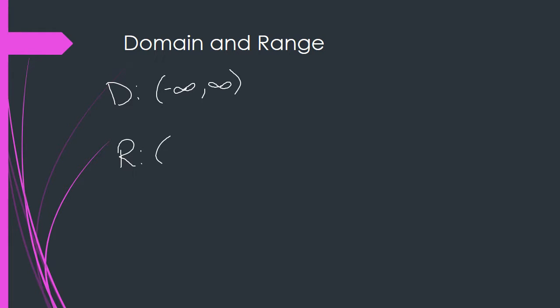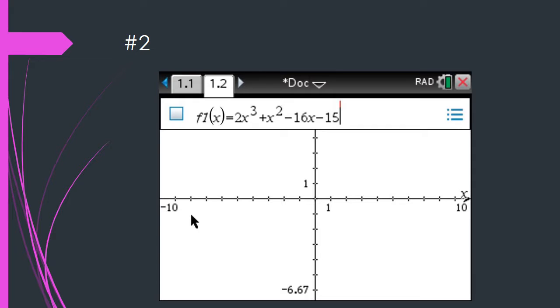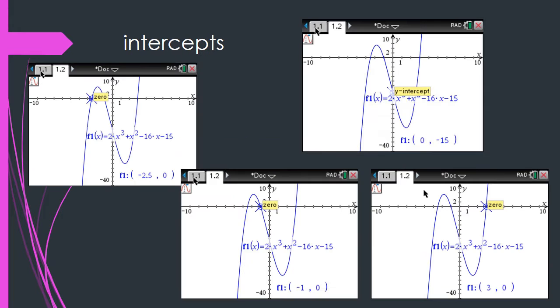Our range is going from negative infinity to infinity. All right. So now it says our intercepts. Again, we're just gonna use the graph trace function. You can see here, I have 1, 2, 3 zeros, and I have to write all of these values. So right here, this is the value that you're writing in the intercept: negative 2.50, negative 1, 0, and 3,